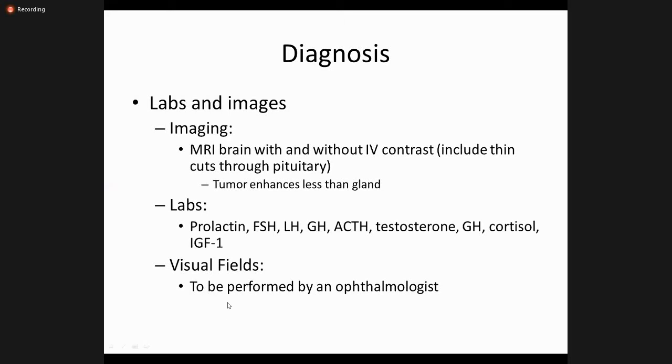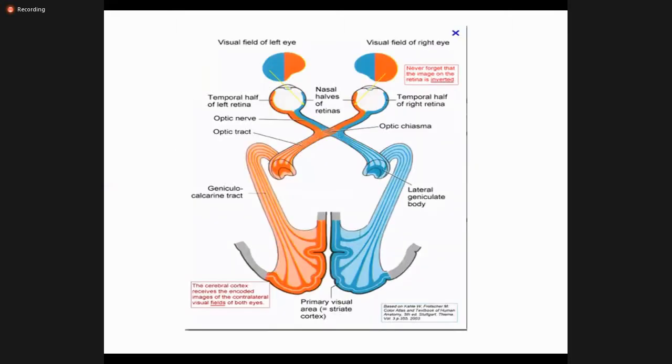Visual field defect examination is very important. It is performed by an ophthalmologist. The very important visual field defect that occurs in pituitary adenoma is bitemporal hemianopia. The temporal field is lost due to the pituitary adenoma. Why is it lost? Because the tumor erodes the optic chiasma, which has the decussating fibers. So the medial halves of both retinas are decussating at the optic chiasma, resulting in